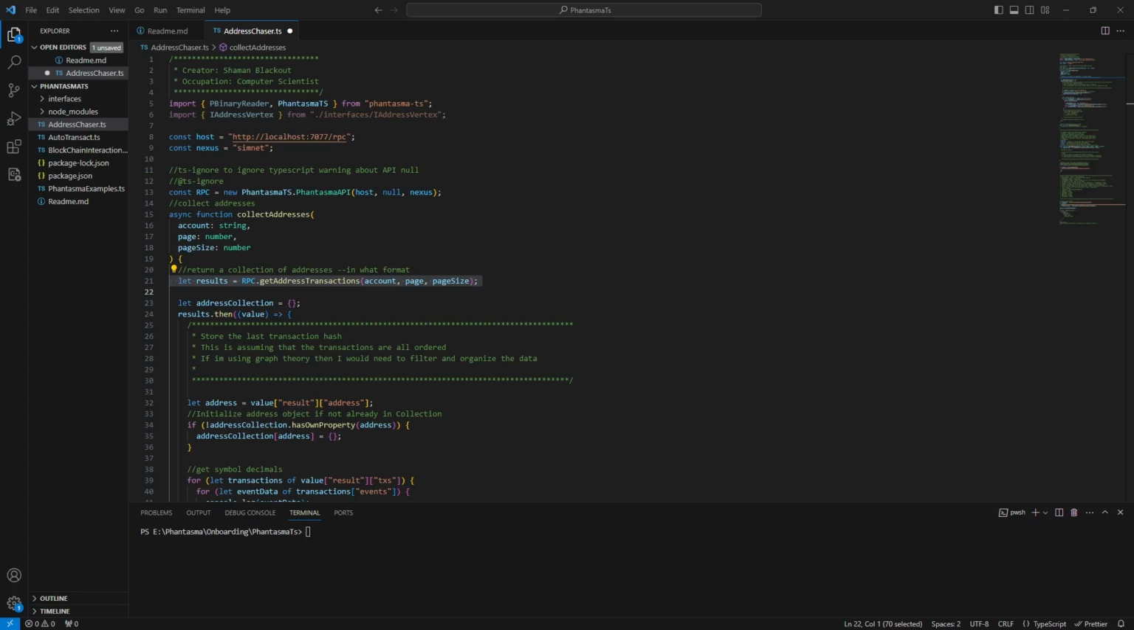Today we're going to step into Phantasma TS, collecting address transactions and converting that address transaction event data into human readable data. So this will come up when you're sending NFTs, when you're reading infusions, when you're reading money that's being sent, which is very useful if you want to do any type of